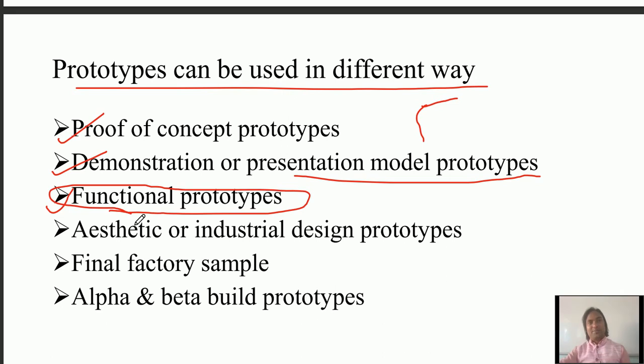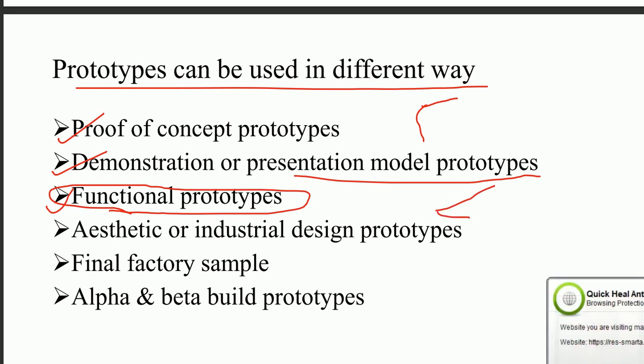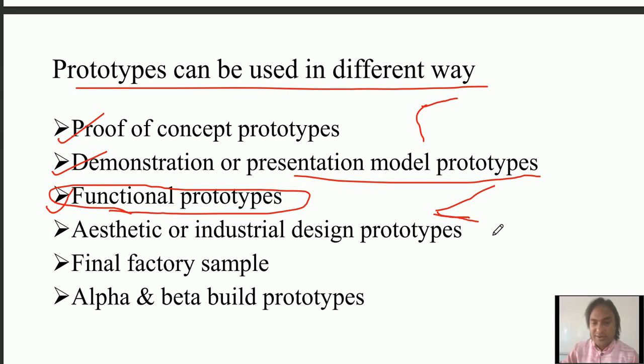Similarly, for example, a wind tunnel is generally used to test the strength of the wing. We can make an aeroplane model, and in the wind tunnel we can test whether it is working or not. Like with a functional prototype, we can check the strength and the working of some component at the component level.